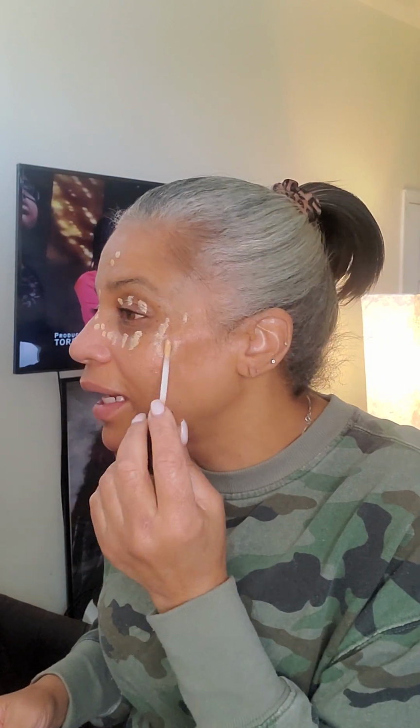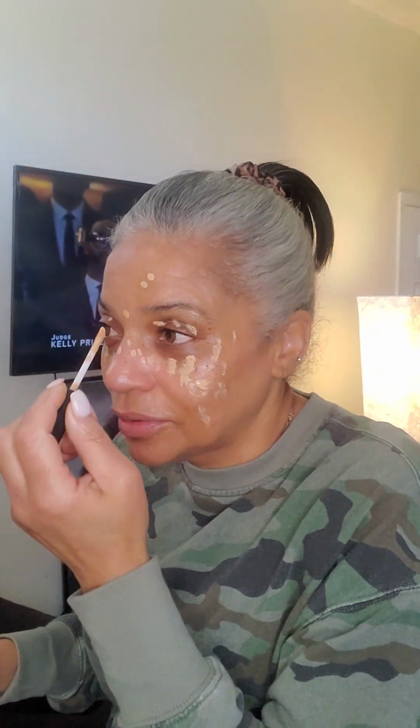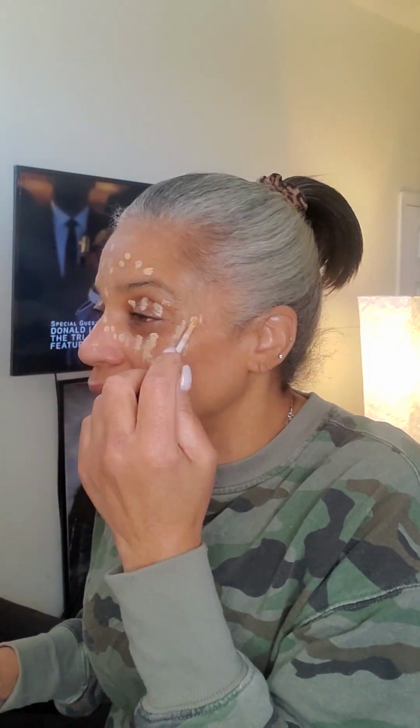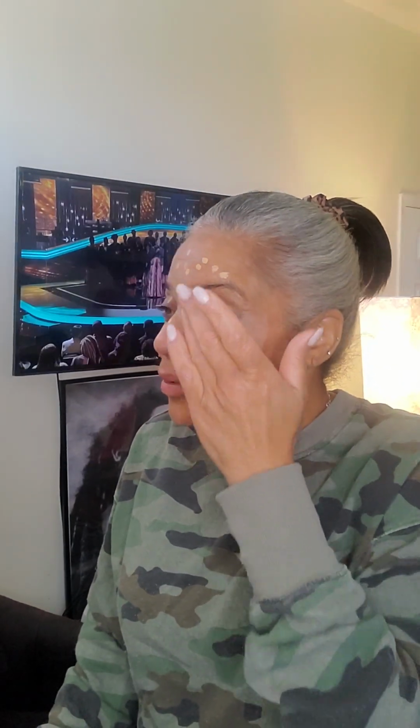And I have to say that I kind of go a lot of places, and this is just something that I've learned over time in using this type of product. And because I want to consider myself a pro, you see all my dots, dot, dot, dot, circle, circle, dot, dot. I got my cootie shots, for those people who remember those type of little sing-along songs we used to do. And as you see, I'm using my finger to kind of smooth the areas